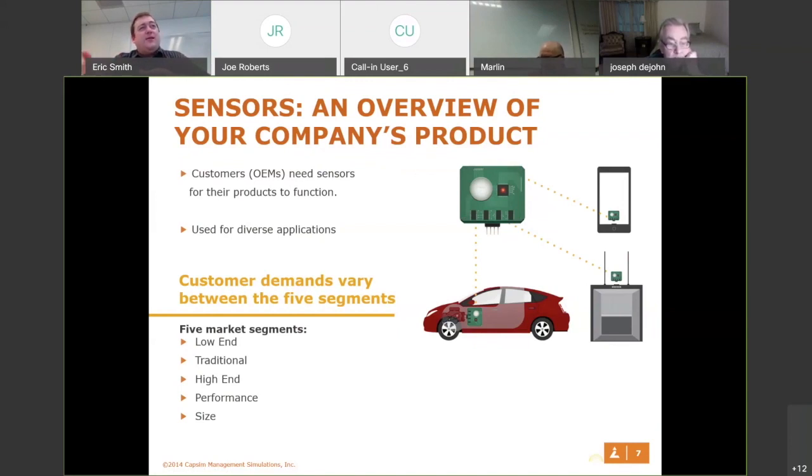Let's see, age, positioning, reliability. What am I forgetting? Good Lord. What was that? Nice. Price, right? The price range. So